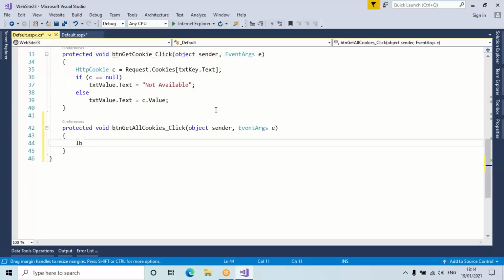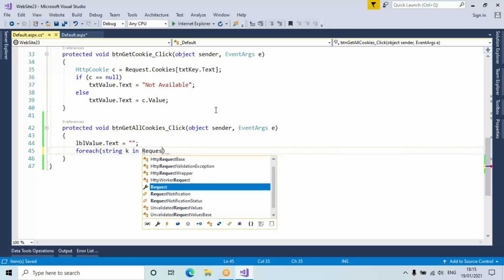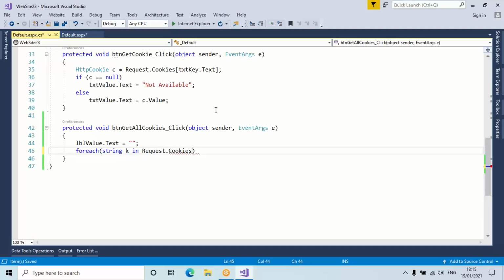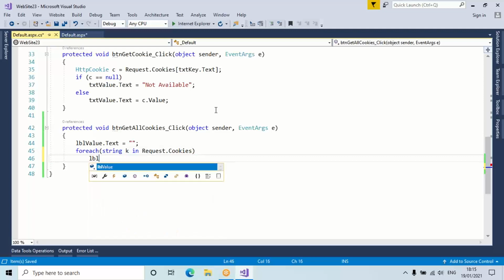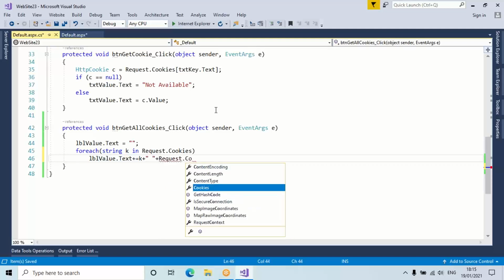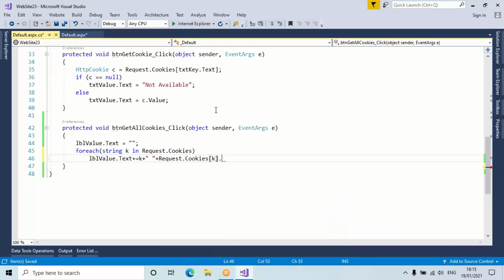Now we write lbl.Value.Text equal to blank space. So initially the label contains no value. Then I write foreach string k, that is k is key, in Request.Cookies. Then I say lbl.Value.Text concatenate equal to k plus one blank space plus Request.Cookies of k.Value